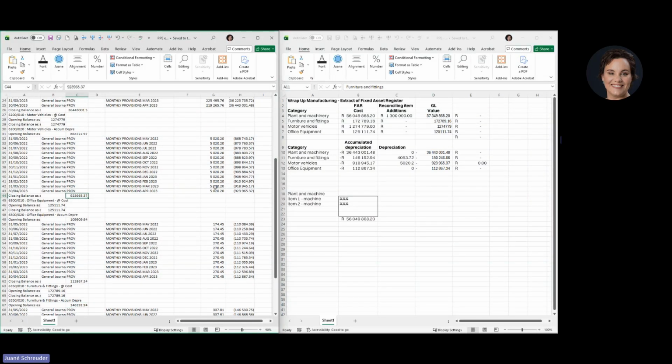So again, hang on, what do we see here? It's not like they didn't record all of it. They probably just didn't record the last one for the year, right? And we can also confirm that by seeing basically at the end of March, the total balance was 918,000. And then if we add the last month's depreciation, that will bring us to the 923,000. So we just need one more month's depreciation for motor vehicles, and then we've reconciled.